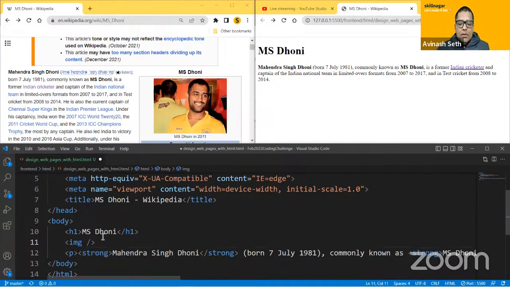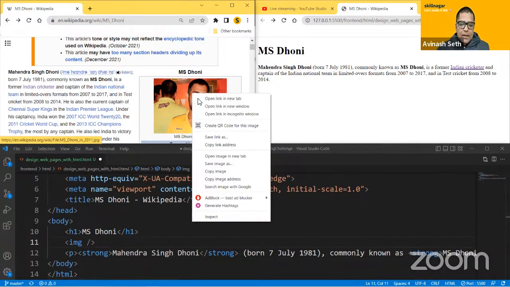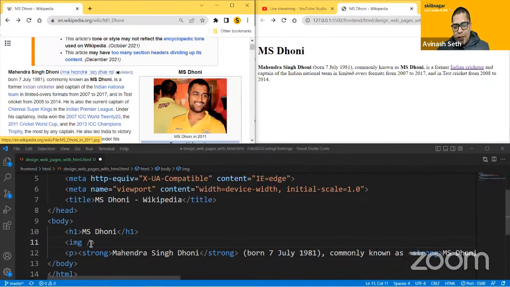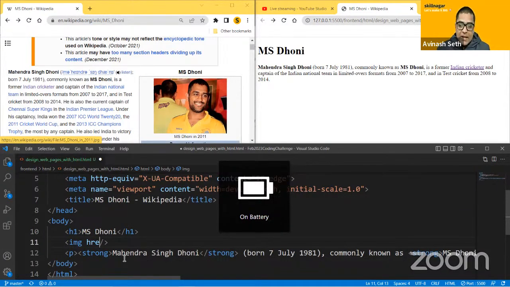Now to include the image, I will right click on his image and say copy image address. And now what I will do, I will say href, not href. It is going to be,